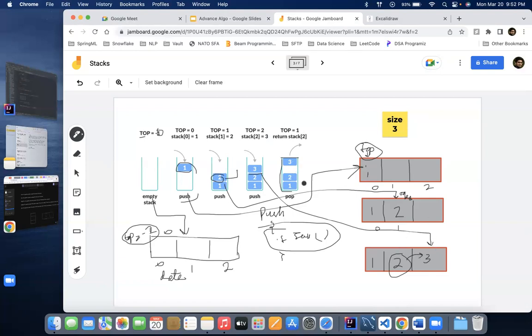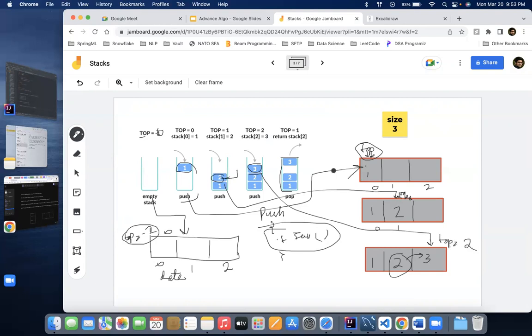And the top will be incremented by 1. So top is 0 in the first iteration,